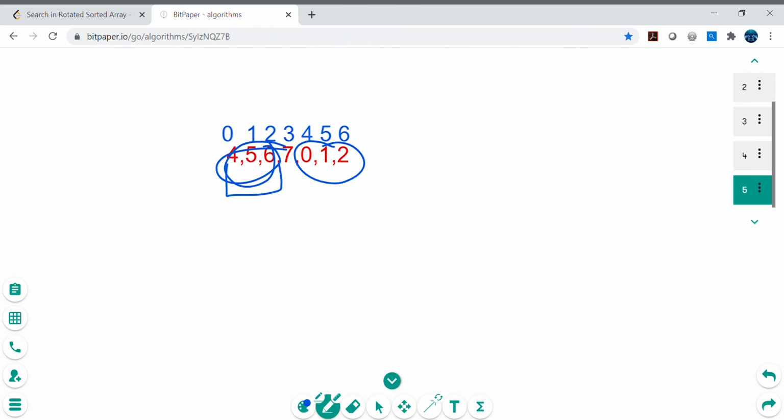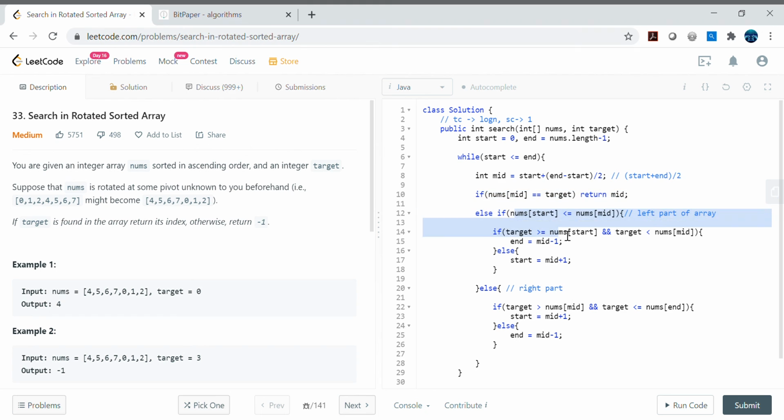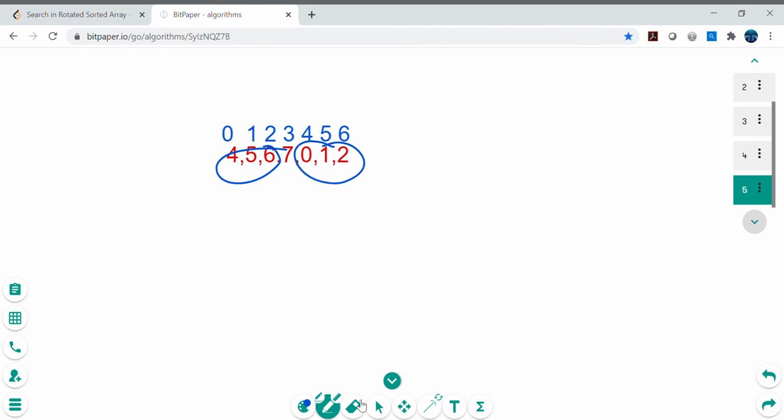There might be some situation, like here the mid is 3, but let's say mid is something else, or we have some examples where it's not sorted. That's why we are checking in the code whether nums[start] is less than or equal to nums[mid], which makes sure that start and mid are sorted, at least this left part is sorted. Now we check if the target is in the range or not. If target is in this range, then assign end equal to mid minus 1. If target is not in this range, then assign start equal to mid plus 1. So that would be the new start, right?